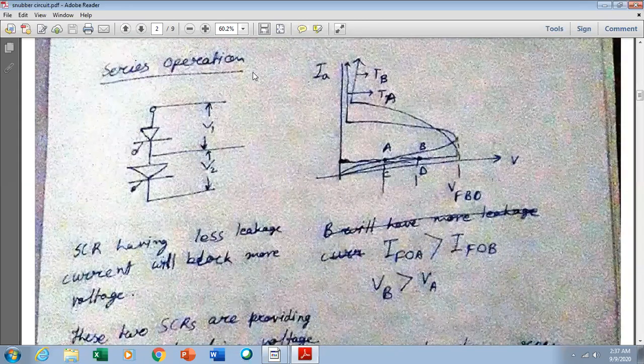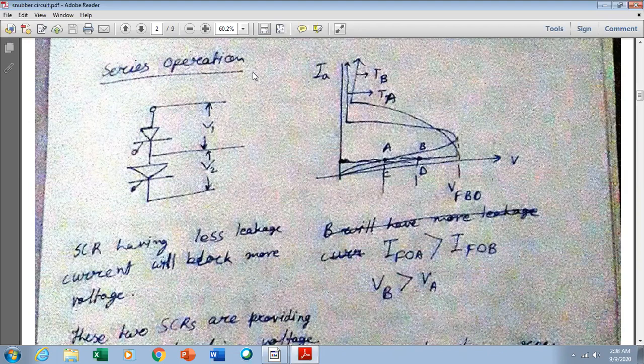In this case, what you have to understand is that the SCRs connected are all of equal rating. Equal rating means they will have, suppose, the same blocking voltages or leakage currents. This way they will be the same. Now even if the ratings are the same, there will be some differences between the series SCRs.